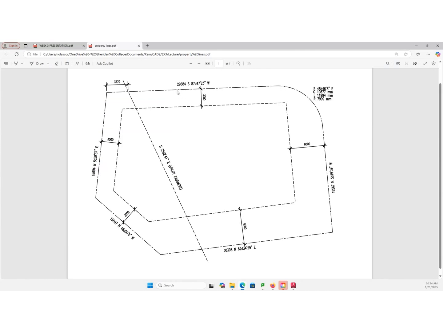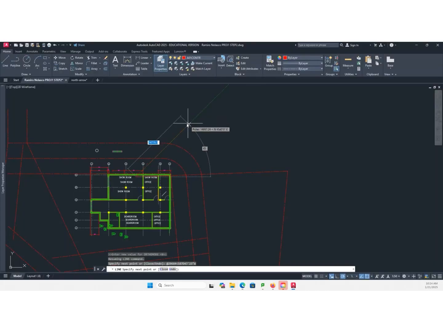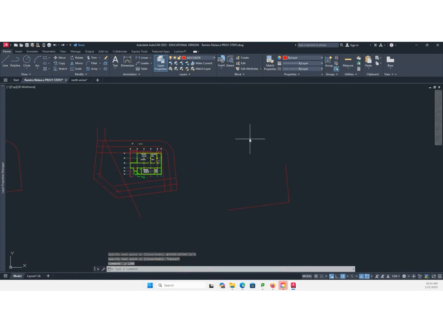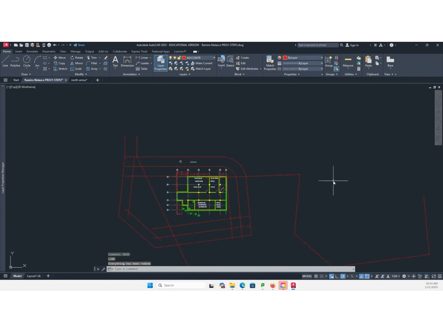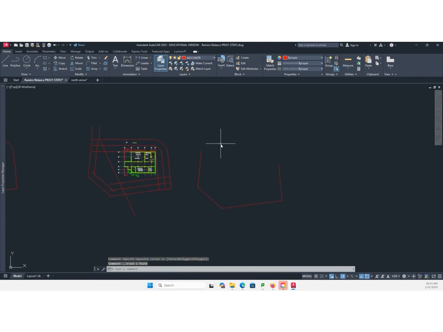So, knowing trigonometry, I can simply escape, undo this, okay? And redo, not undo. I'm going to say redo, okay? And I'm just going to erase that line, okay?